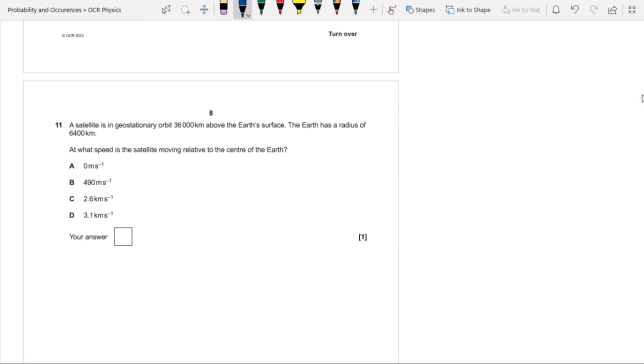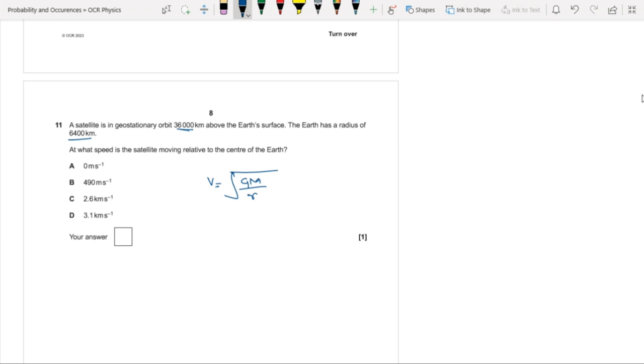Question number 11. A satellite is in geostationary orbit, 36,000 kilometers above the Earth's surface. The Earth has a radius of this many kilometers. At what speed is the satellite moving relative to the center of the Earth? So the speed of satellites in the Earth's orbit can be found by the formula V equals under root GM